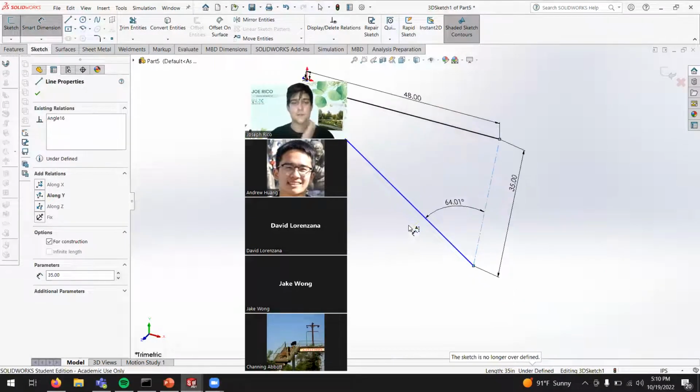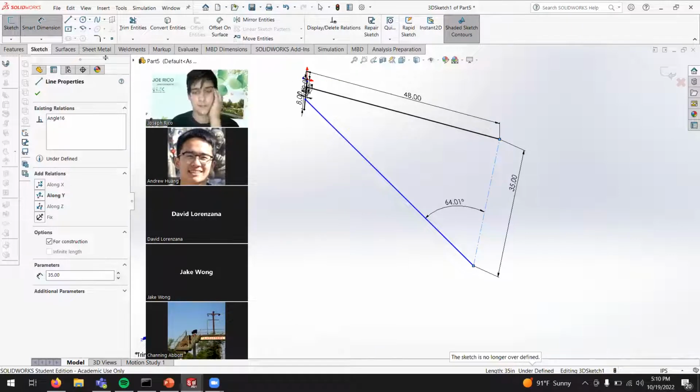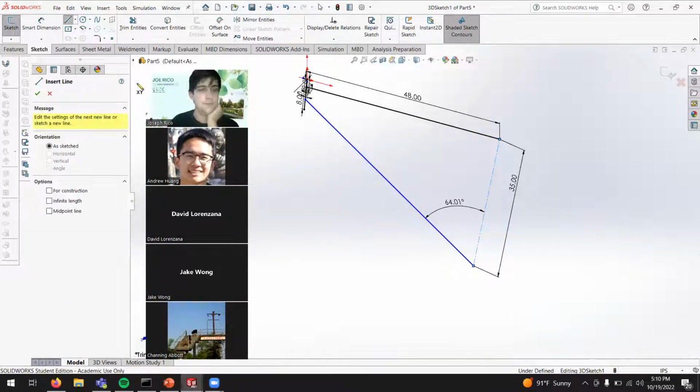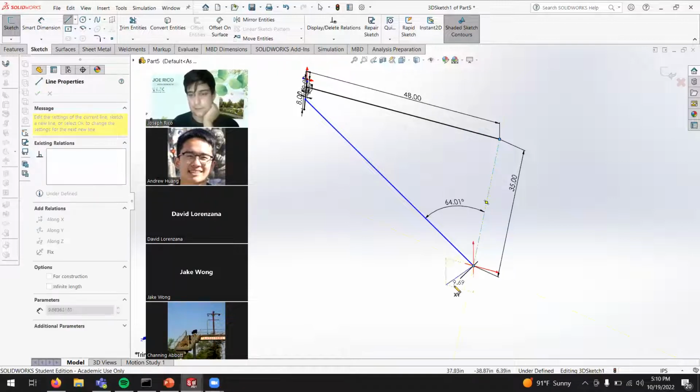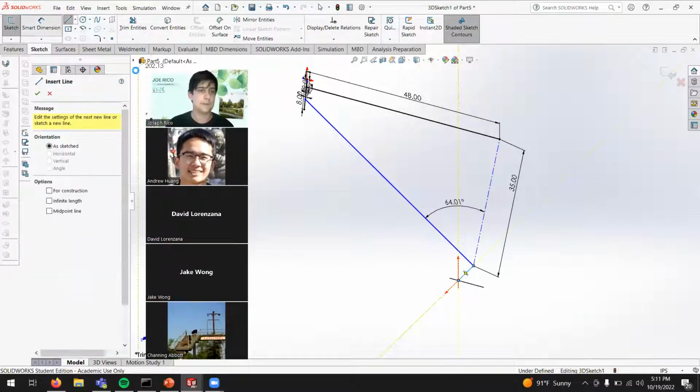Okay, next up is we want to put a place for our bottom bracket to exist on our bike. So whenever we draw a line, it composes the center of the tube. So right here, as we can see, we're not on the plane. So we could hit tab, and it's going to put us on the plane that we want to be, which is perpendicular to everything we've drawn so far, because the bottom bracket tube is perpendicular to the rest of the frame. So we'll draw that there. We're going to say that we want it to be